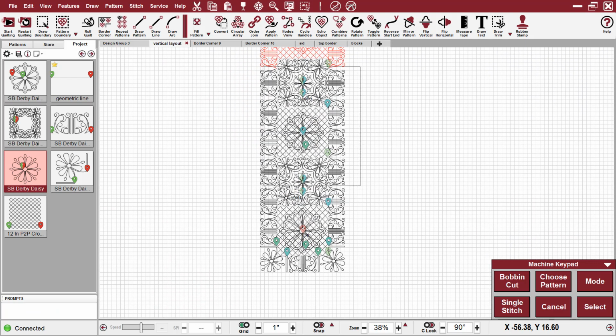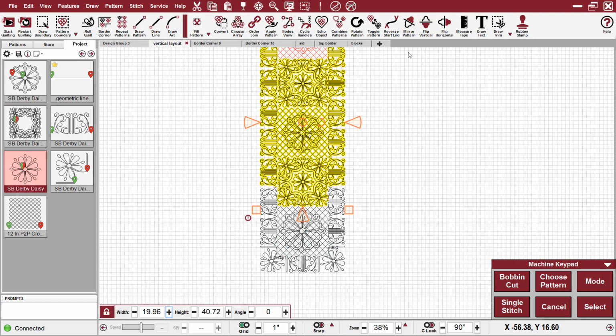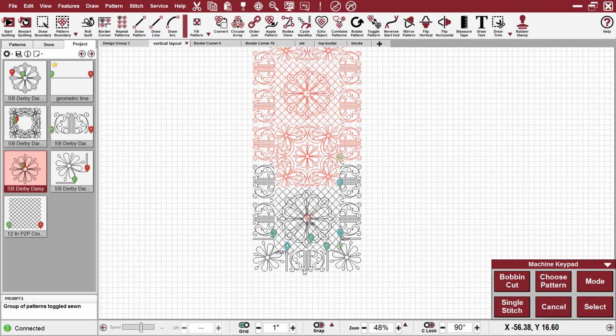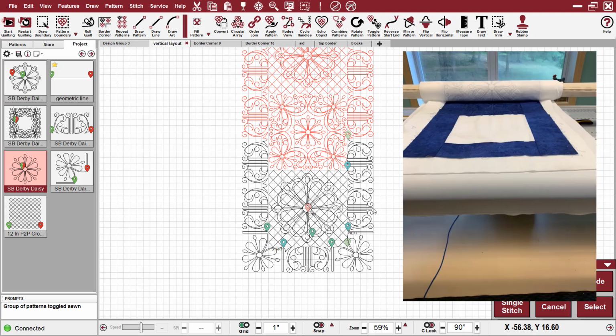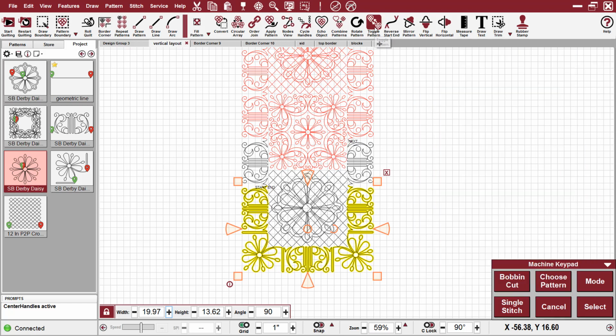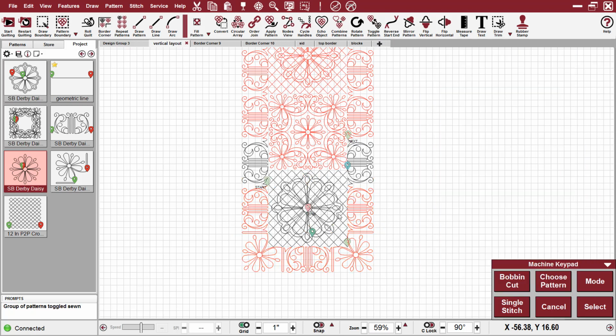I'm going to toggle all of this as sewn. And when we can get this bottom part up on our table, we would set up border corner for the bottom. And I'm going to show you how to do that when we get down there. And we would quilt this part. Then we would put in, and I would hope that I have 2 of these. I didn't want to delete that. Thank you. I would leave these 2, quilt in the bottom, and then go back and place these 2 patterns,